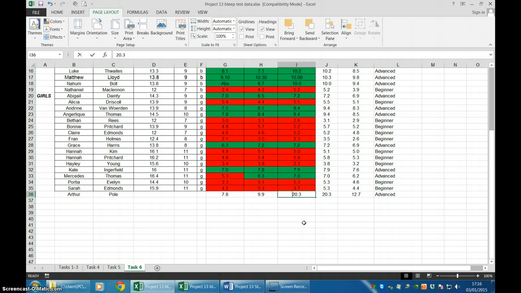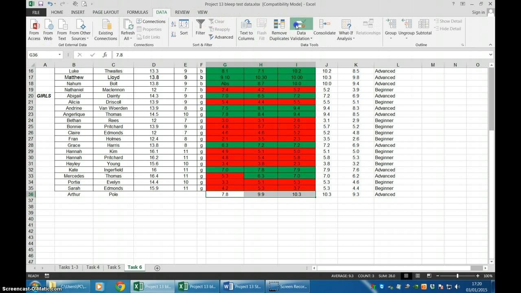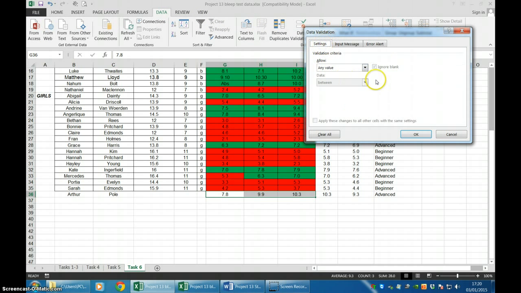Now I'd like to avoid that error from happening of me accidentally entering in dodgy data, and we can use this validation rule. To do this, we do the following. I'm going to enter the data validation rules now. Here are the cells of interest. I don't want to have invalid data here, so I select data and data validation, and here are the settings. I'm going to only allow decimals between certain values, and it will be between 0 and I'll say 18,